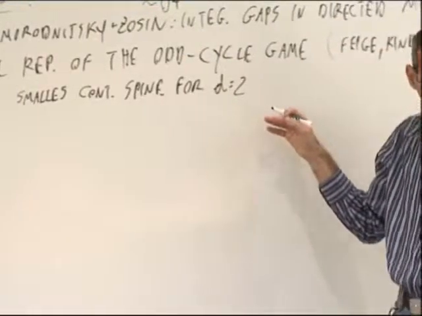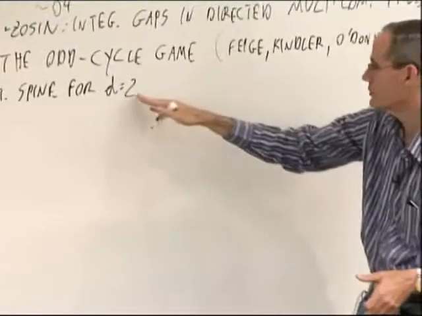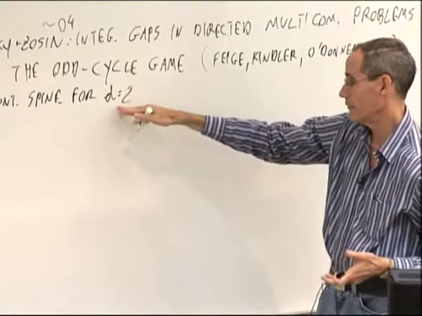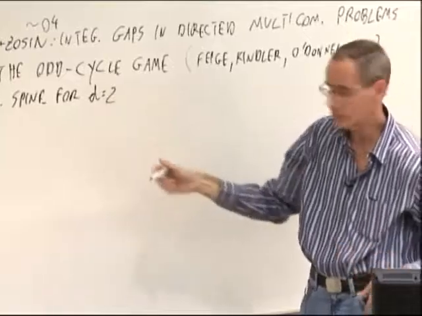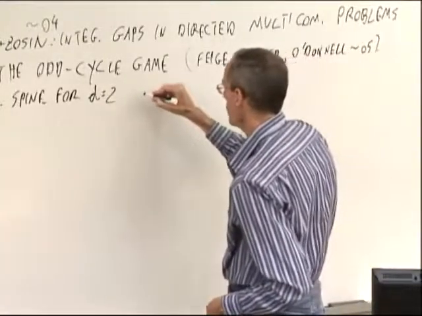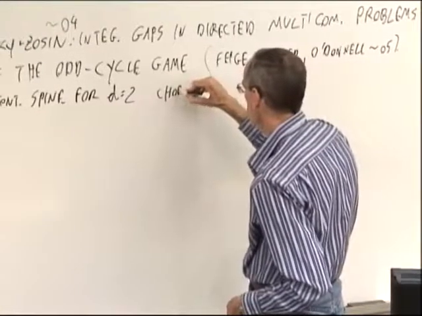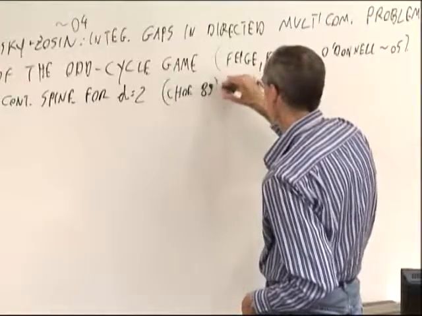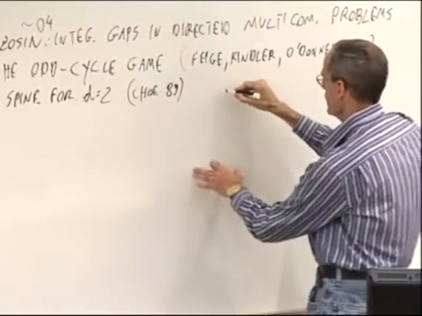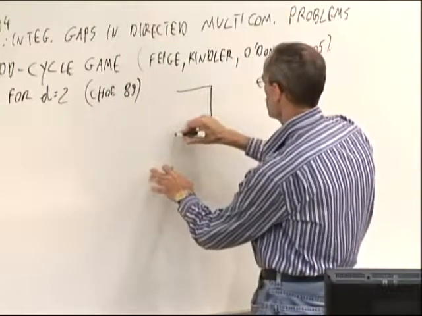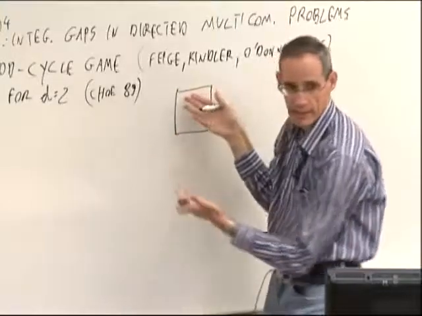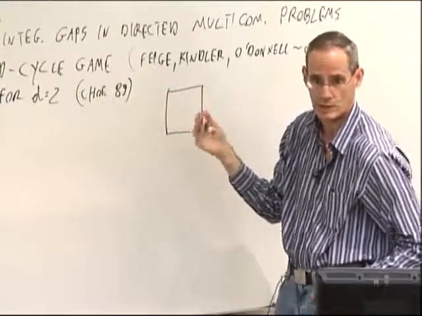So for d smaller than 2, it's not interesting. Even for d equals 3, it's not known what the smallest is. But for d equals 2, this was done by Cho in '89. And it turns out that a shortest spine, so here it's just length, right? D minus 1 is 1, so